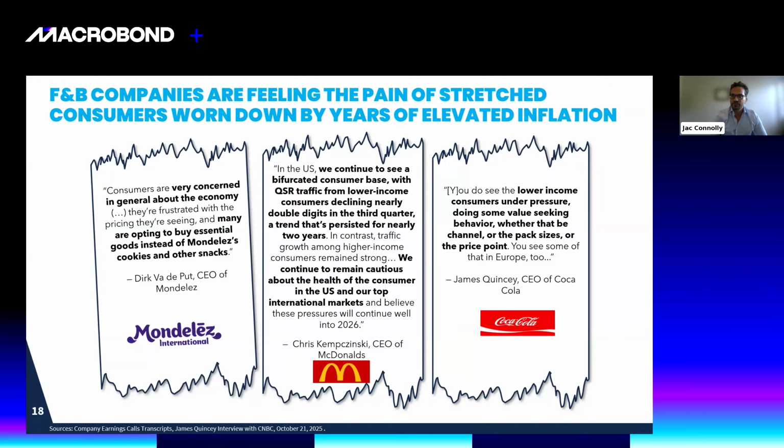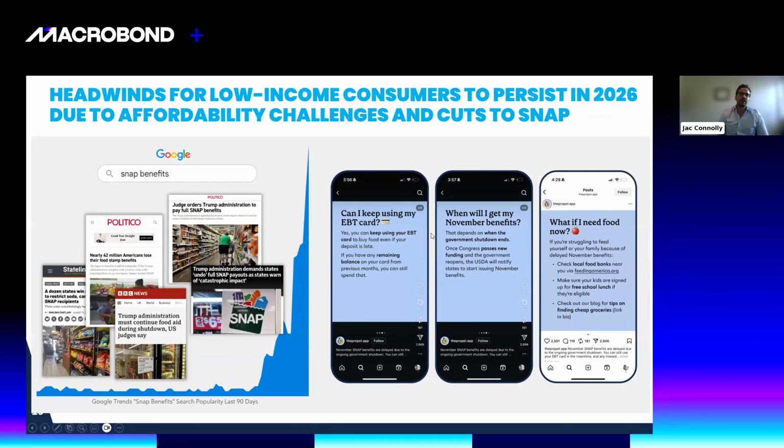And then, of course, Coke recently noted that lower income consumers are under pressure, doing value-seeking behavior, looking at different channels, opting for smaller pack sizes, looking for value entry points, right? And so all of these behaviors are manifesting due to the high cost of living and resulting in value-seeking behavior across all income spectrums. And then just before we turn to 2026, right, I did want to call out that